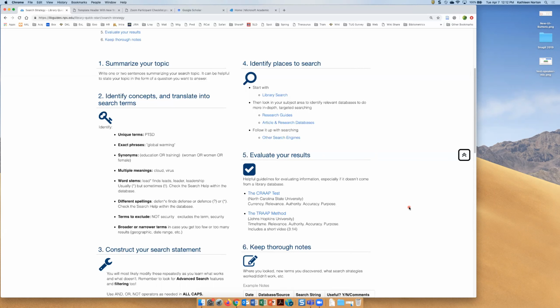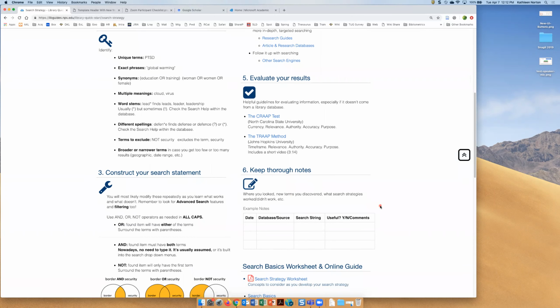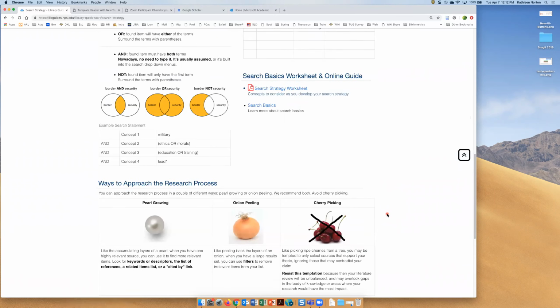the databases that we subscribe to, article and report databases and ebook databases, have been vetted. So they are, most all of them, peer reviewed in this subject area. So you really don't have to worry too much about evaluating your results. And then the final thing is to keep thorough notes about it. As you